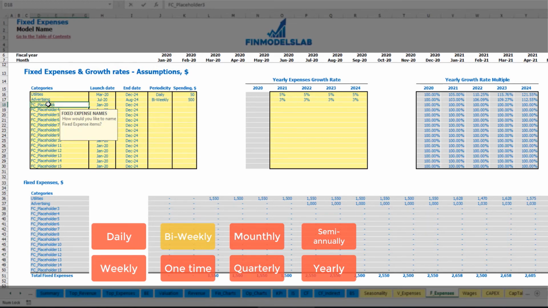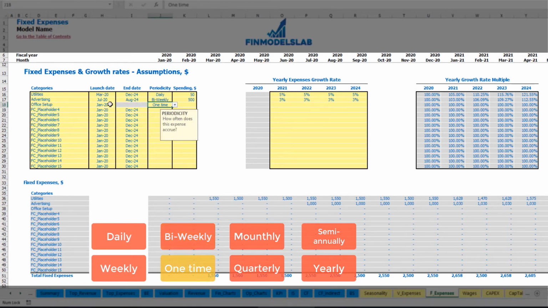Another option, office setup, which can be one-time payment, which will happen in February 20 with amount of $5000. Obviously you should not input any growth rates because this is just one-time fee, and you may see that office setup will happen in February 20 with this amount. Another option,